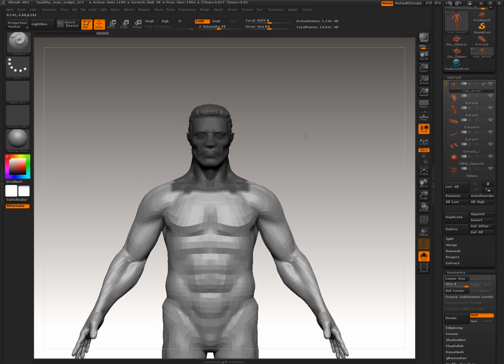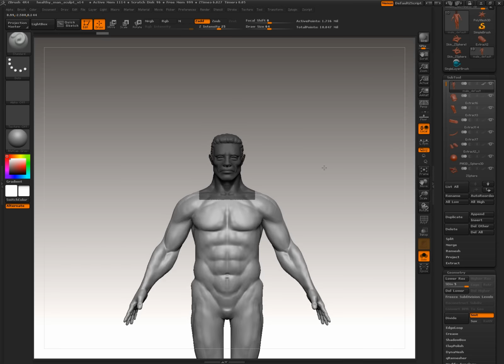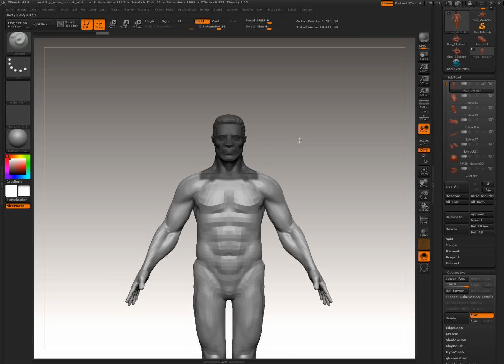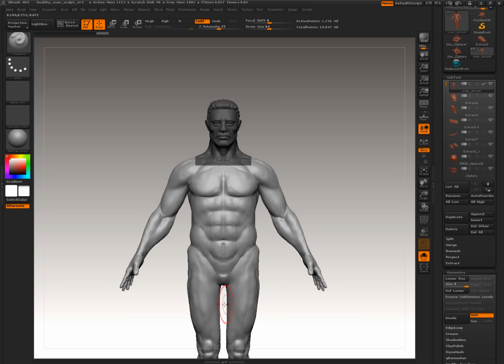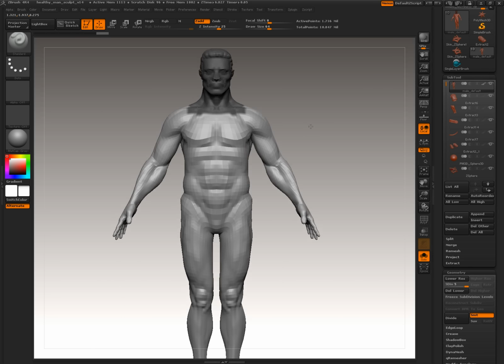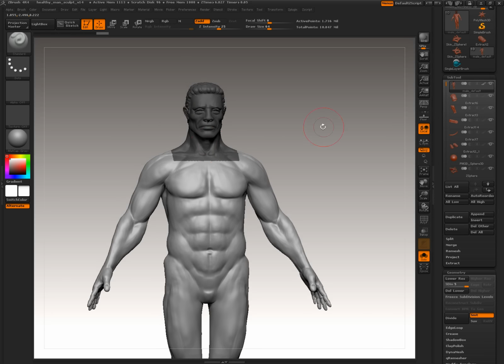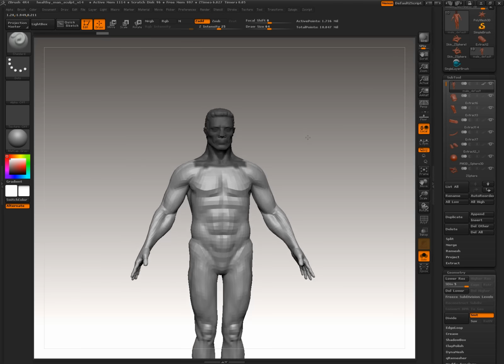I want to keep the head as a separate mesh. Then I can create the retopology around the mesh. Also, I want to delete the body which is underneath the cloth. First of all, I'm going to extract this head out of this base mesh,